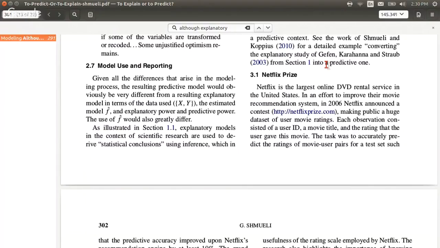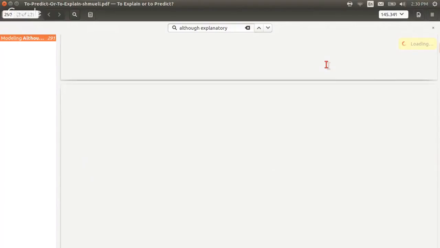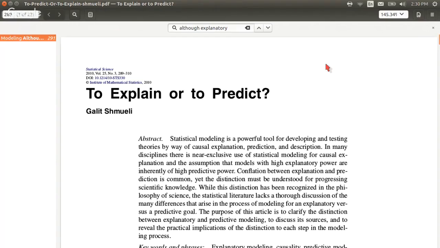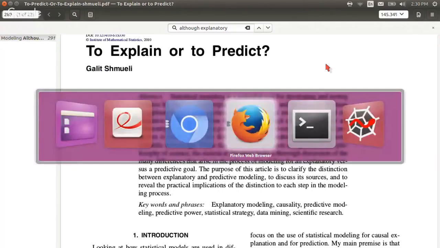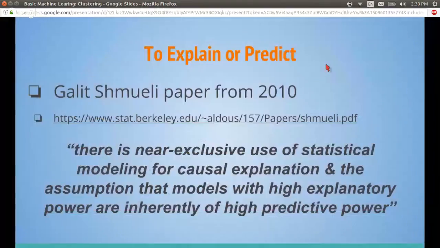It doesn't feel comfortable. And so Shmueli in this paper is arguing that a lot of data analysis is locked into this statistical mindset when it needs to move to a predictive mindset. Let me go to the top of the paper. So it's called To Explain or Predict. We'll look at something out of the abstract here. He says, and forgive me for reading, it's not normally good form to read off of slides, but I want to make sure that we hit some of the highlights here. So he says, and is that readable?